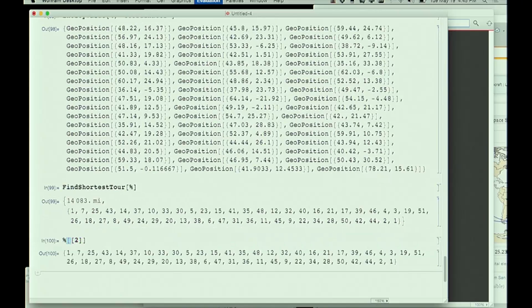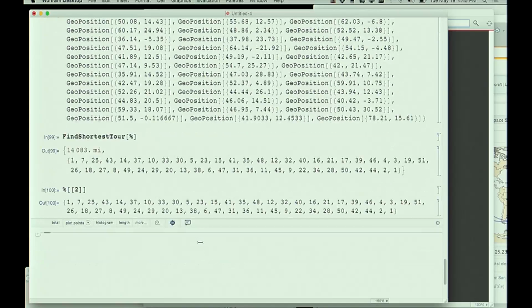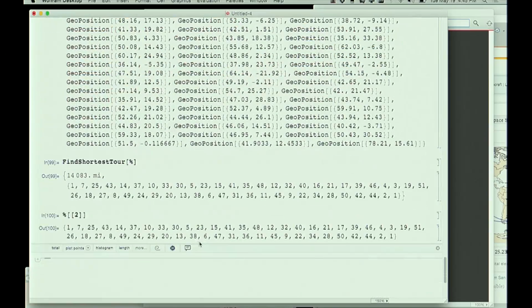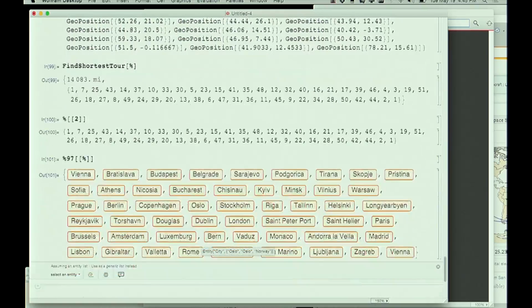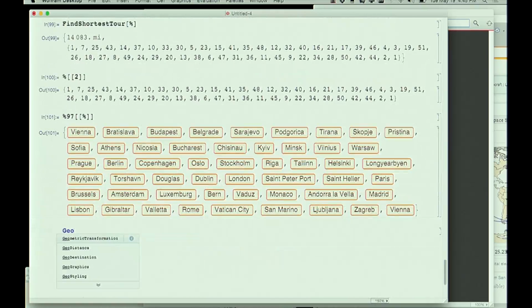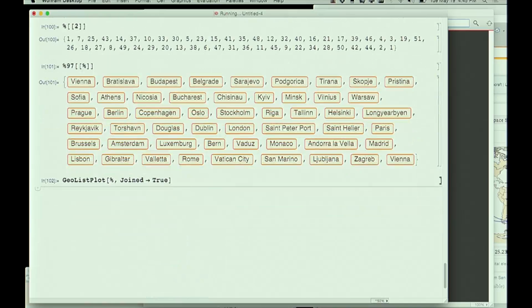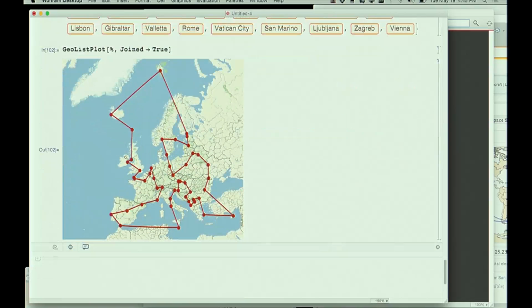Now let's go back here, line 97. Let's put those capitals in the order that corresponds to that, and make a geolist plot of those things with joining them up. Let's see whether this works. What we should get here is a nice traveling salesman tour. Come on, wake up. There we go. So there's a traveling salesman tour of the capital cities in Europe.